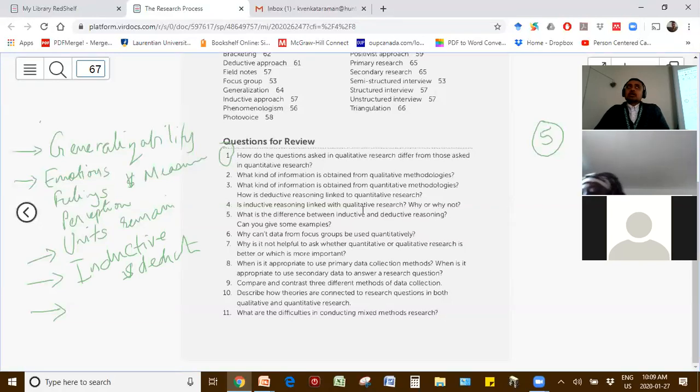Cassandra says one would be more exploratory, like qualitative, and the other would be more like one causes the other, and hence you have measurables that you actually end up measuring. And that's true.